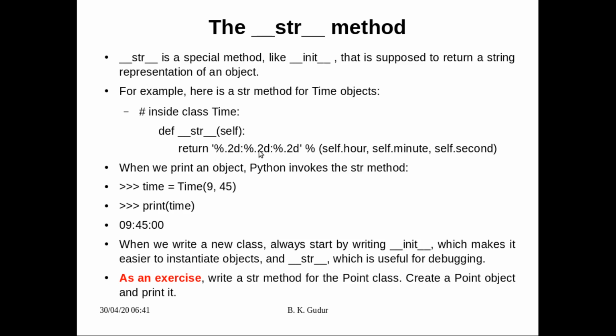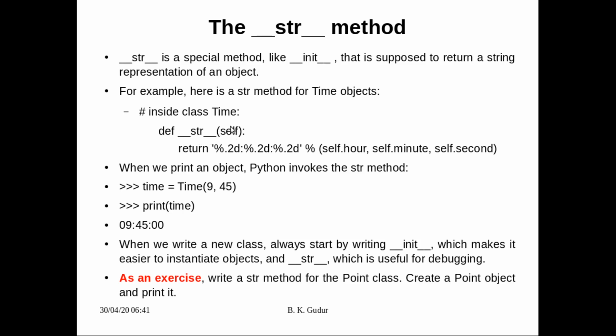Say that's what this is, the representation. We can define it. What kind of representation here? Say, because it's a time, we are representing this like %.2d : %.2d. This is similar to what we have written in a print_time method. But instead of print_time, we have given the name here as def __str__.